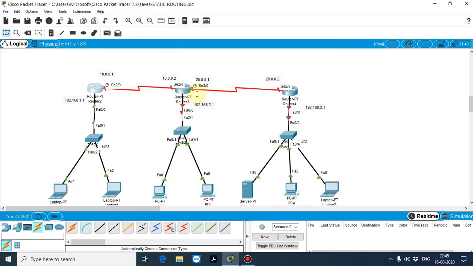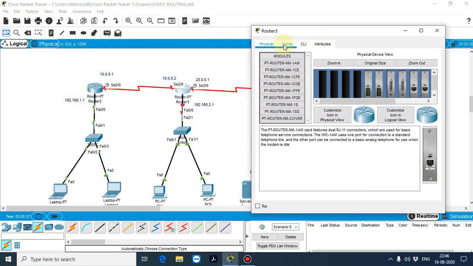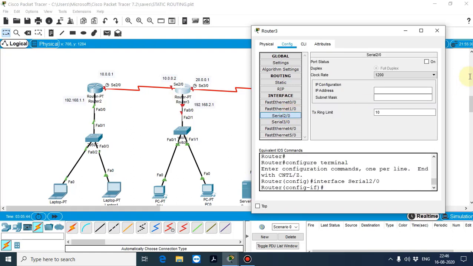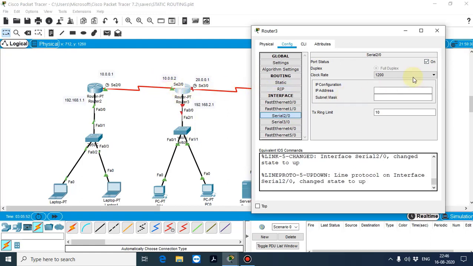Okay. So now we are going to configure the second router. Open the router, go to config. Here this end is connected to SE2/0. So click on SE2/0. This end doesn't require any clock rate, so I'm not going to configure the clock rate.